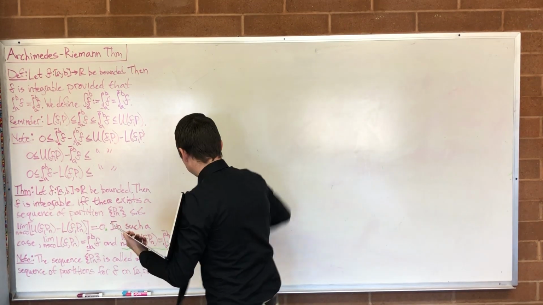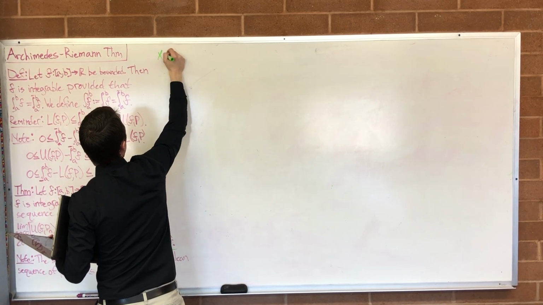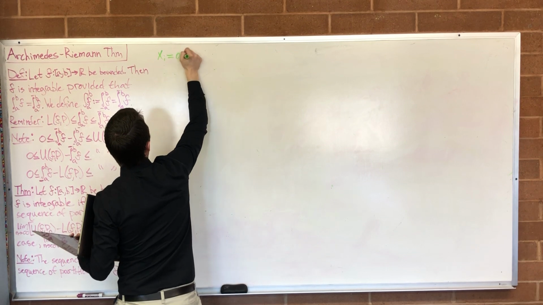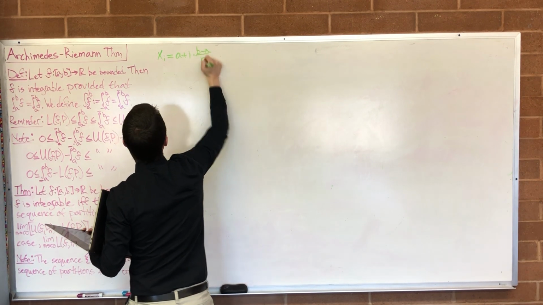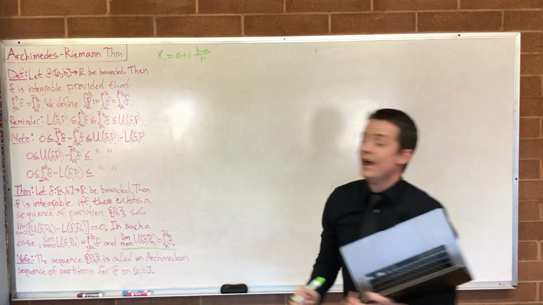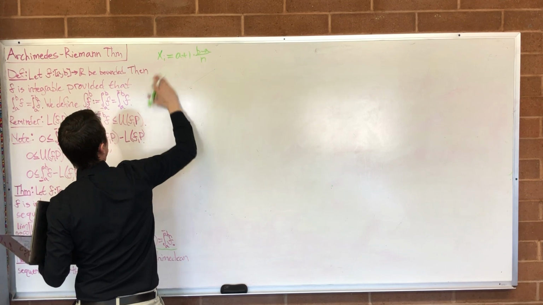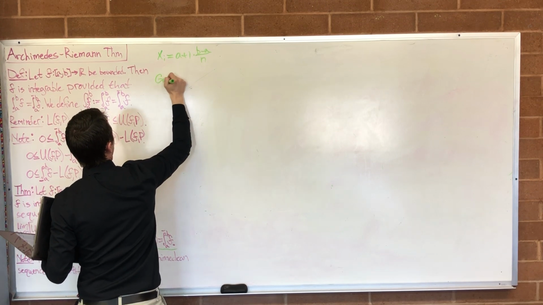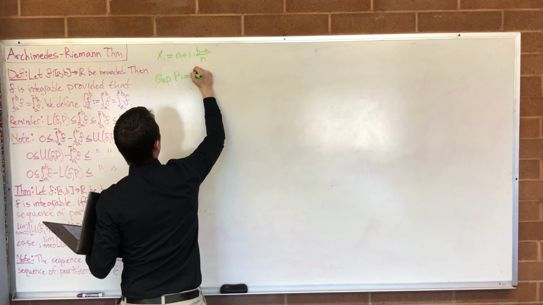Okay, so we talked about a regular partition. With a regular partition, the point x of i is equal to a plus i times (b minus a) over n. Let's keep that up there for reference. And now, the gap of a partition P is defined to be the